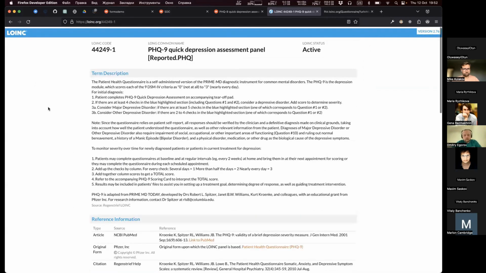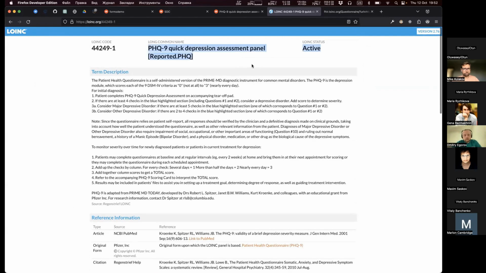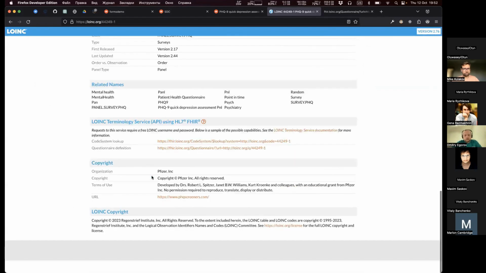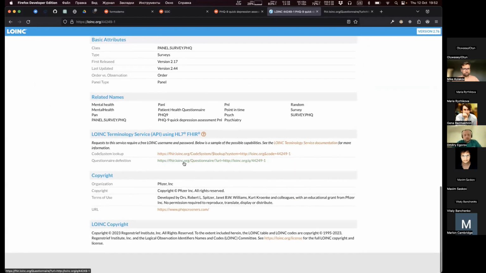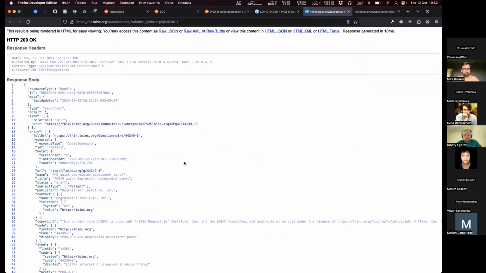For example, right now I'm looking at a depression form in LHC. It has its definition as a questionnaire resource, but by default it's often stored as a resource bundle in which the questionnaire is